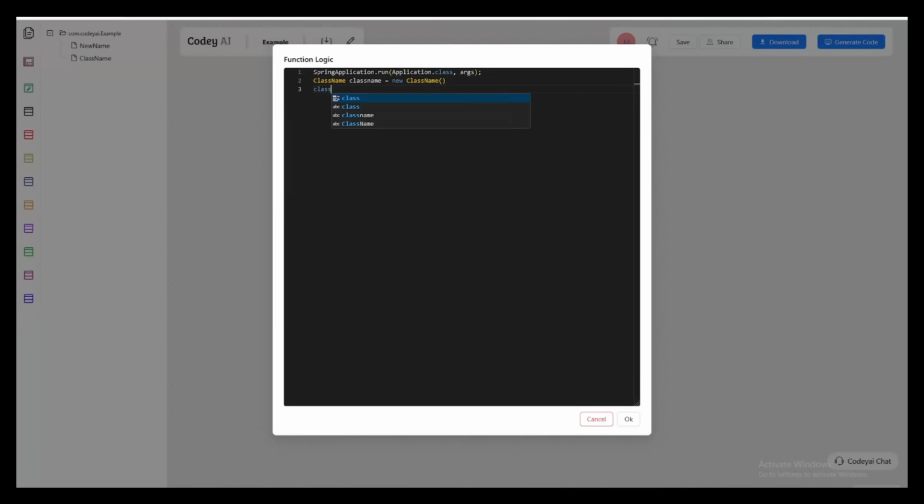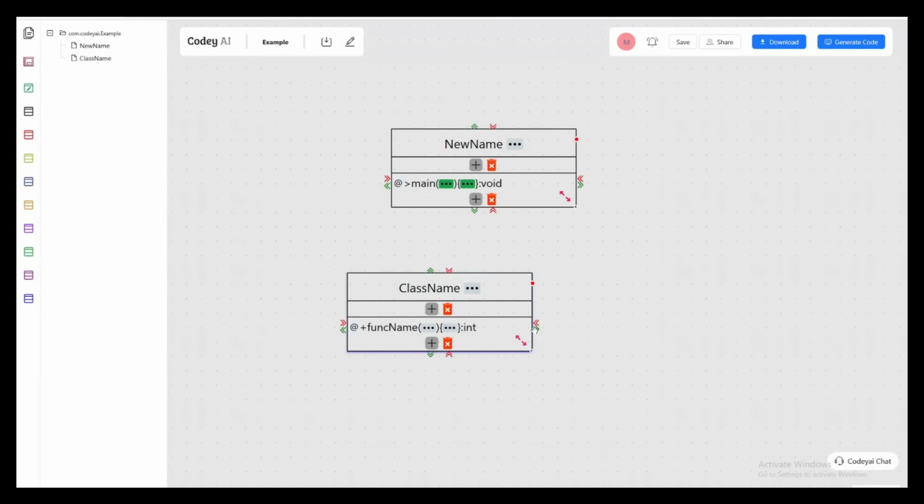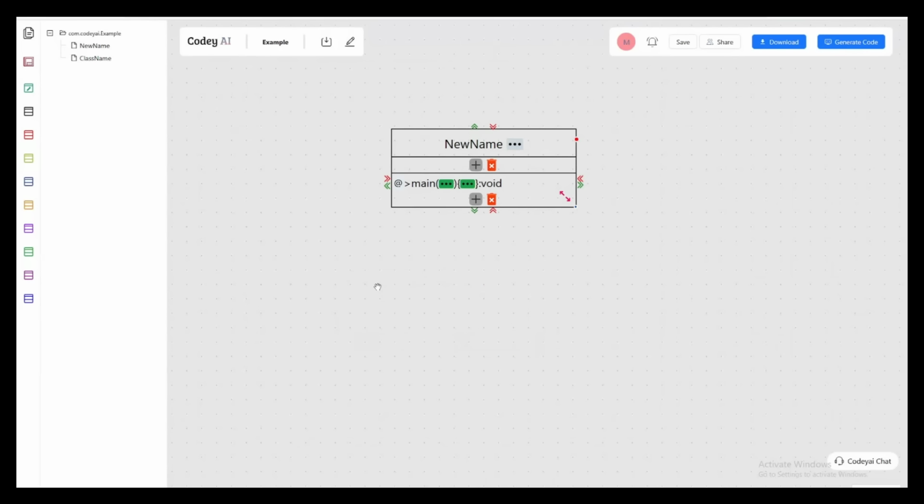It's going to show you the option of the functions existing in that class, and then you can select it. So this is the way that we handle the function call from one class to another class. With that being said, let's actually continue on the available functions, on the available features on each component. As we show here, this is where, on the class level, all the options that are available on the class level,